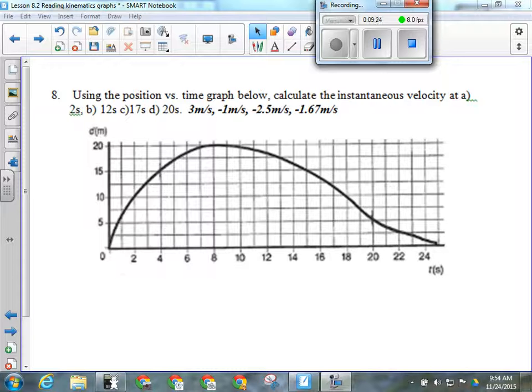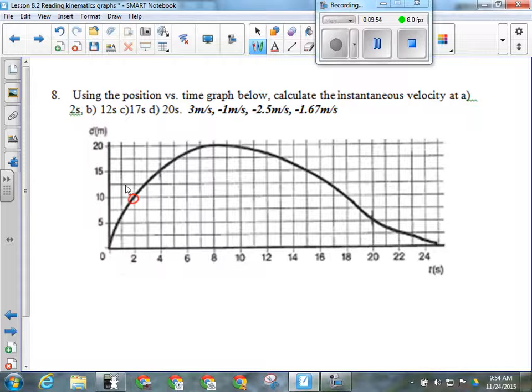If I want to find the instantaneous velocity at time 2 seconds, which is right here, then I need to know what the slope of the curve is at that point. The straight line that exists right there is way too small for me to calculate the slope. So I need to draw a tangent, because a tangent will be parallel and thus have the same slope as the curve at that point. And then it'll be long enough for me to do a y equals mx plus b